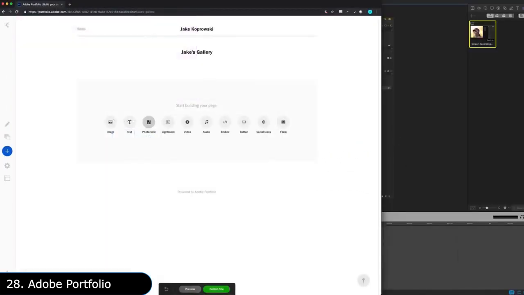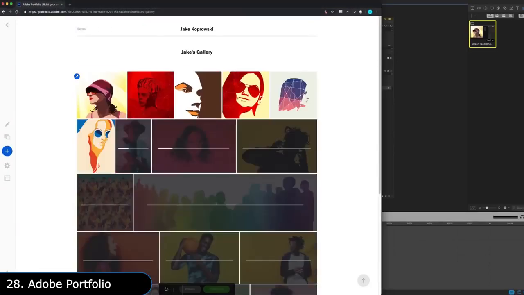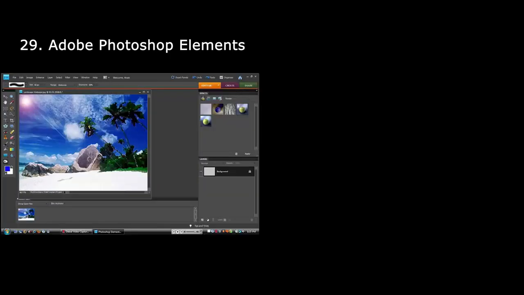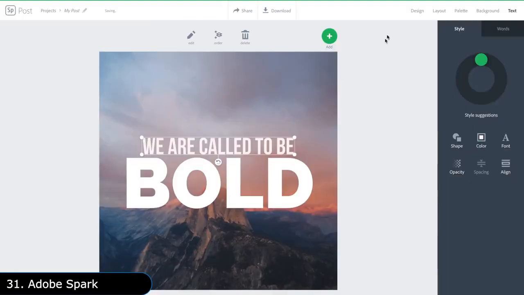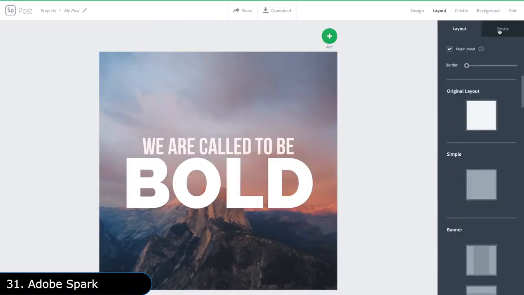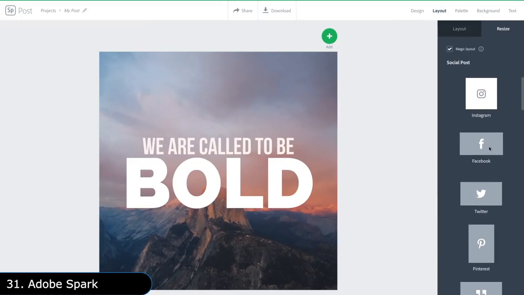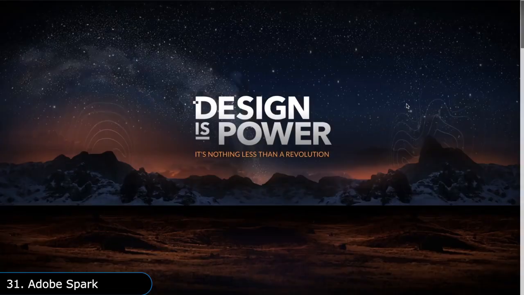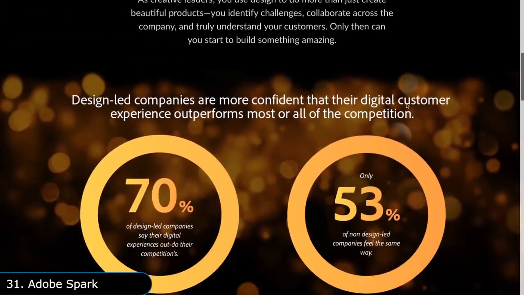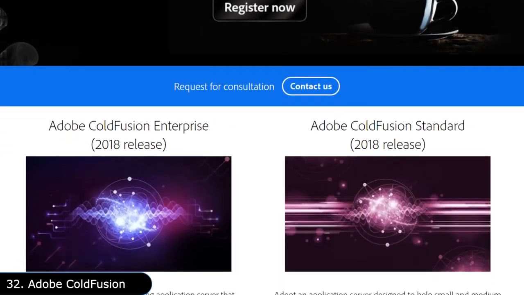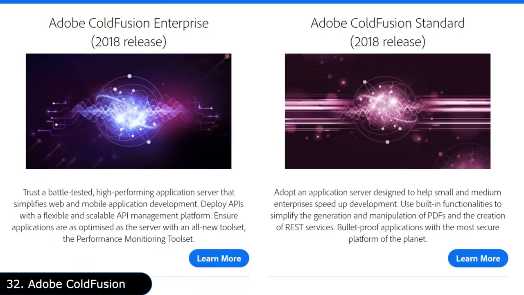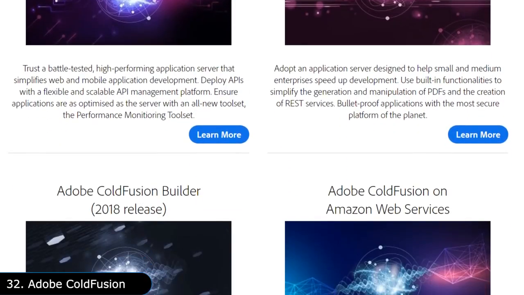If you find all of these too complicated and want something simple, then there is Adobe Photoshop Elements and Adobe Premiere Elements, which are dumbed down versions of their professional counterparts. But if you want something simpler, then there is Adobe Spark, which is a free online graphic design app that can do basic stuff like adding text to a photo or making simple videos using your photos. If you want to develop web applications, there is Adobe Cold Fusion, which is a programming language created over 2 decades ago along with its development platform, but it is steadily declining in popularity.